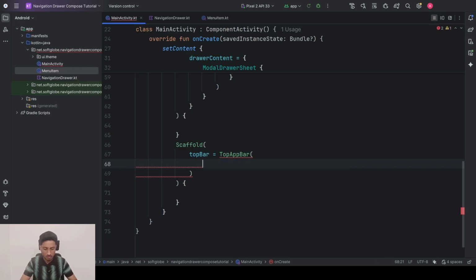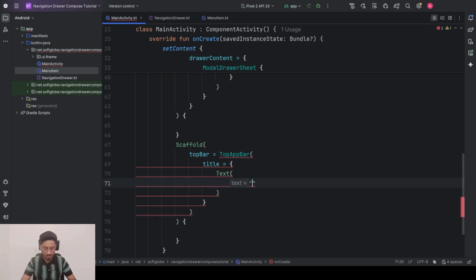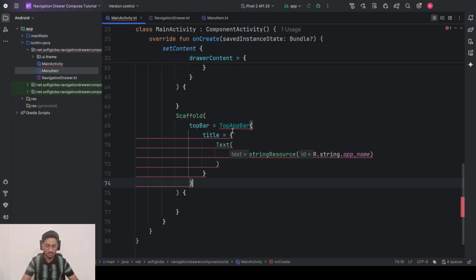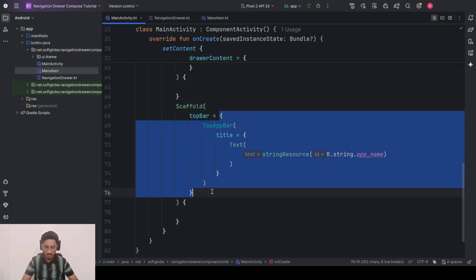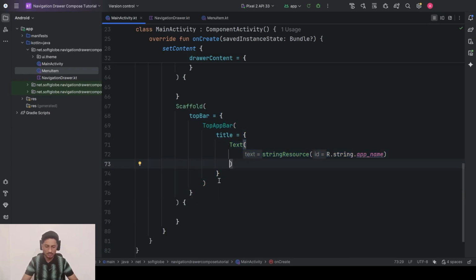I think this needs a Text composable for the title, and it needs a composable, so I'll just write Text, and then write here stringResource(R.string.app_name). It's giving a red line because we made the bracket for this one. TopAppBar actually accepts a lambda, and inside the lambda we need to pass these things. It's a top app bar, so we got a title, and we also need a